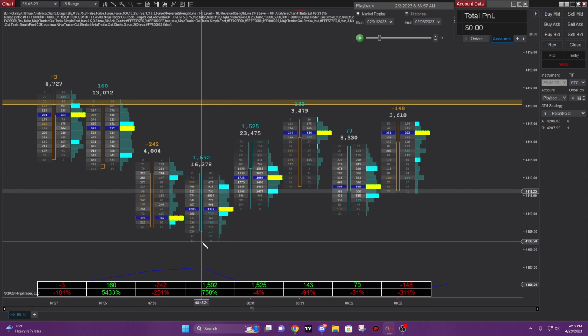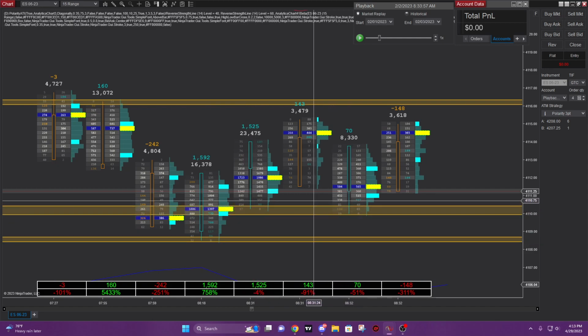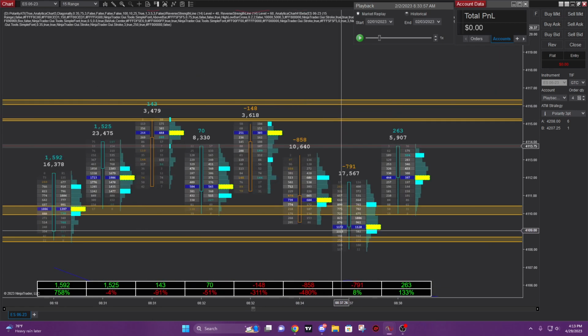And down here we also have absorption, and we could also mark out this absorption. We have a 0 here, 0 here. So those are all absorption areas, as well as here, I guess, if you want to mark that out. So now if we play it forward here,